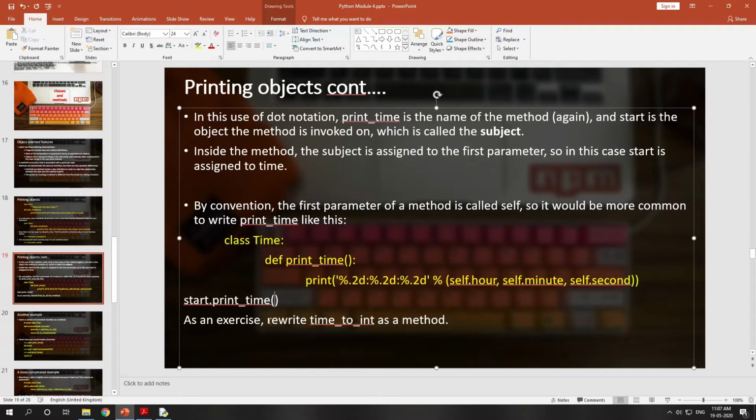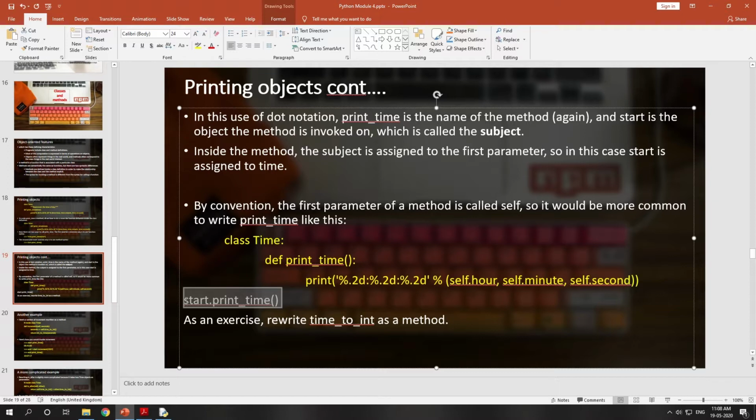So in this case you cannot call this method using method syntax.